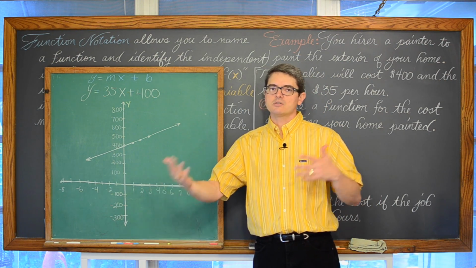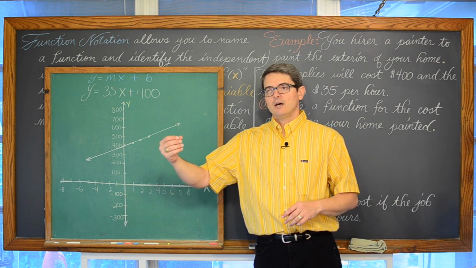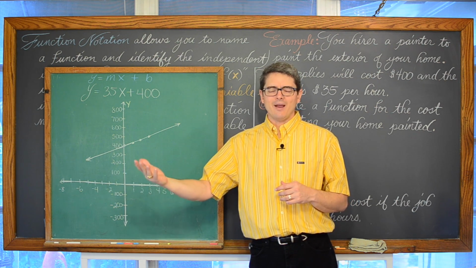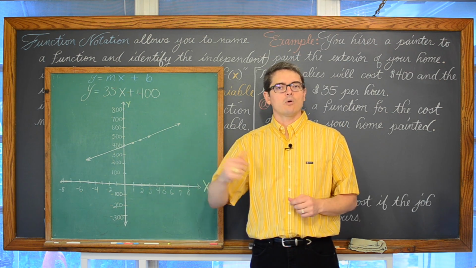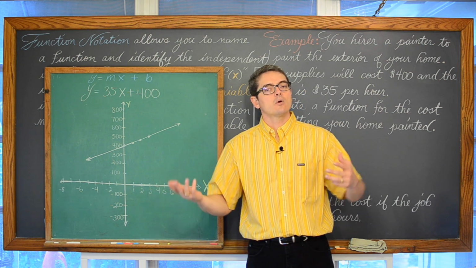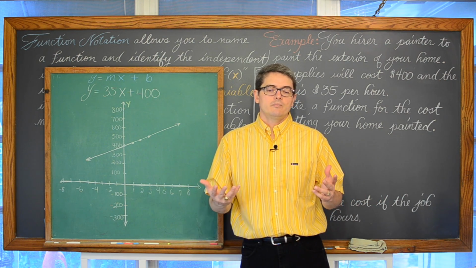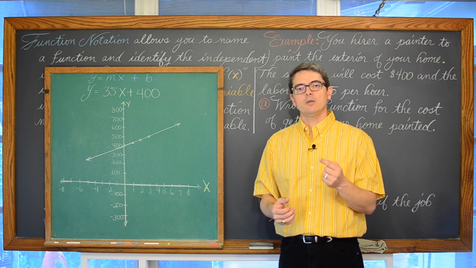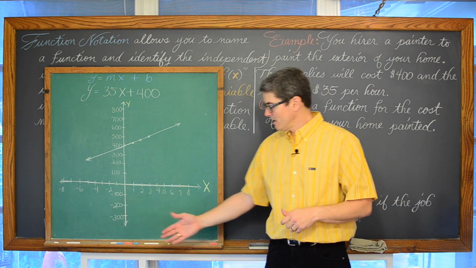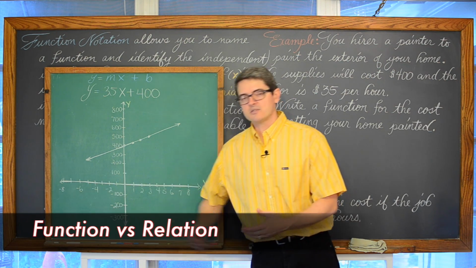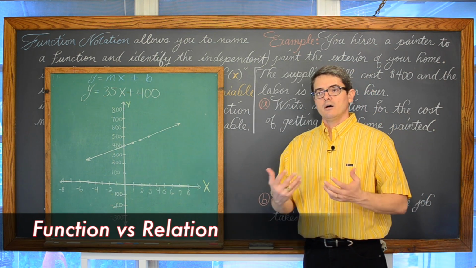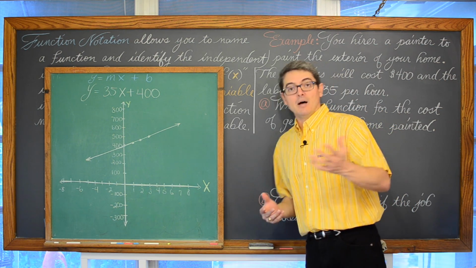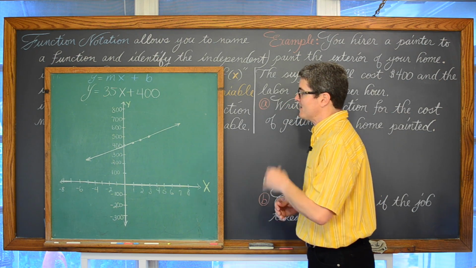Let's not forget there's relations and then there's functions. A relation is basically a situation where an x value or domain value can be mapped up or paired with one or more y values or range values, whereas in a function, every x can only be paired up with only one y. Every domain value can be paired up with only one range value. I have a lesson we just talked about earlier. I'll put a link in this lesson as well if you want to go back and review the difference between relations and functions to further your understanding if you need to. And my students do need to, because we've already covered it in our class.